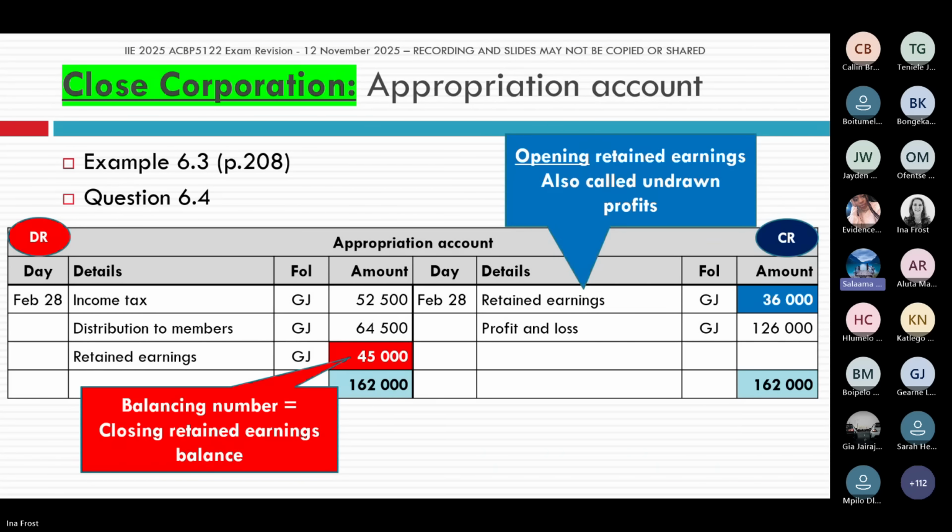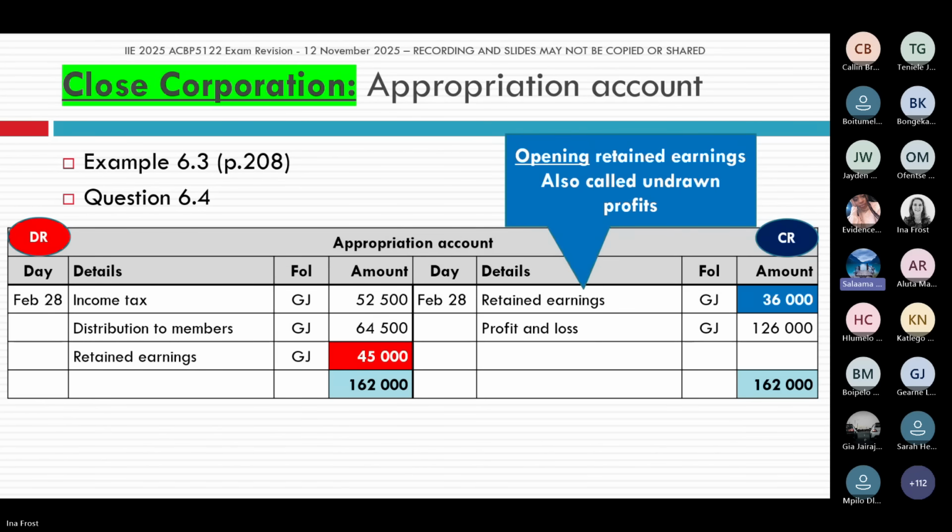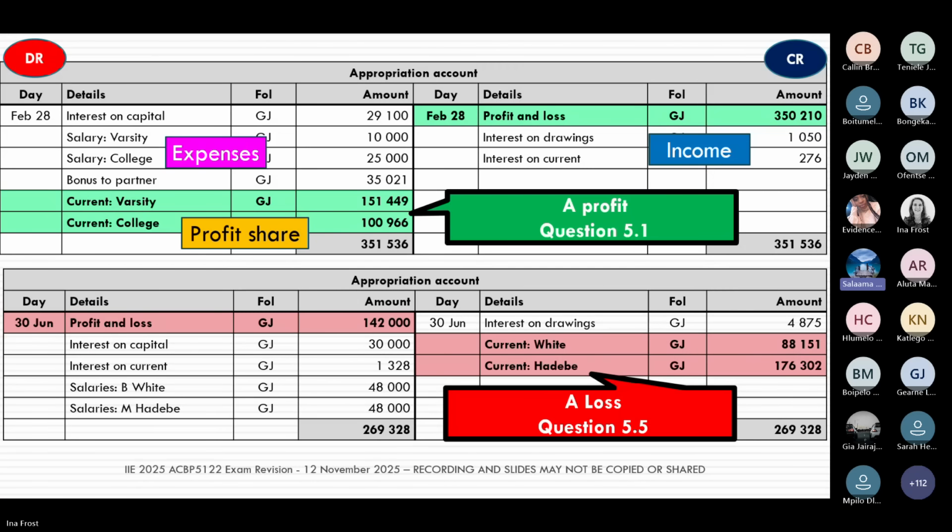Okay. And then, I think we had a question by one of the students. Sorry, I think he was referring to actually partnerships. If we could go back, he wanted to know why do we not record the replacement reserve amount on the credit side of the appropriation, and why is it on the debit side? You maybe want to just give some clarity there.